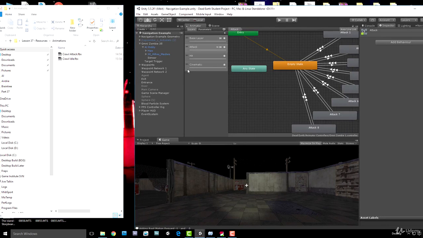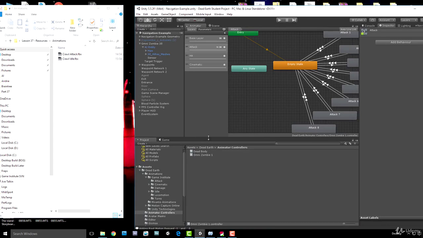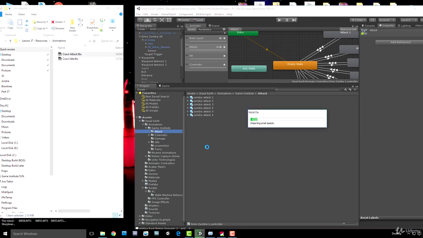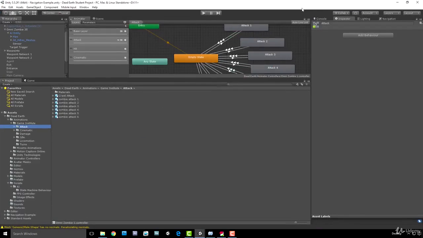So we need to import that into our project, much like we did with our idle crawl animation. So I'm going to call up the project window, and I think I'm going to copy this into our Dead Earth Animations Game Institute attack folder. Makes sense, right? So I'm going to drag that attack animation in there, wait a moment for Unity to import the file, and then what we'll do